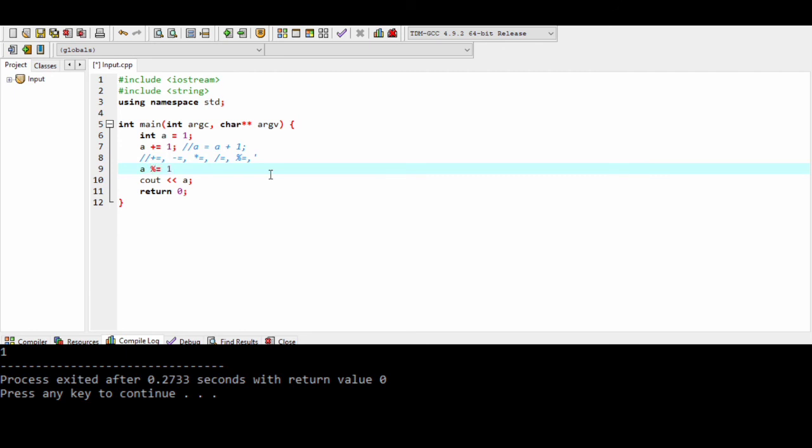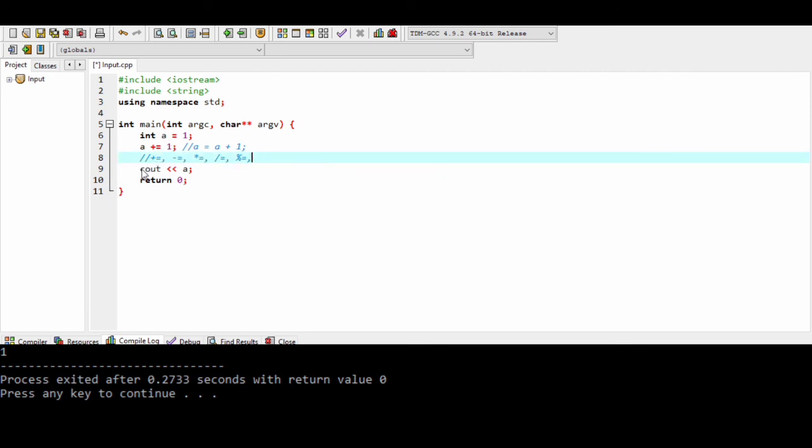Percent equal to 1. That's equivalent to a equals a percent 1, or rem of a over 1. Okay? So it's basically just that. Very simple. So the next one after the modulo equal to, we also have the bitwise shift equal to,